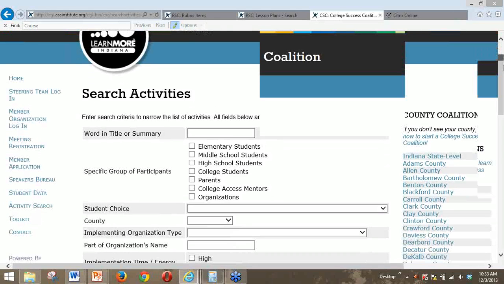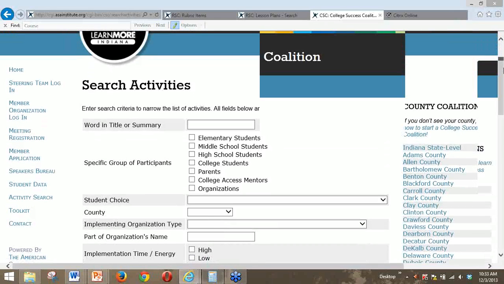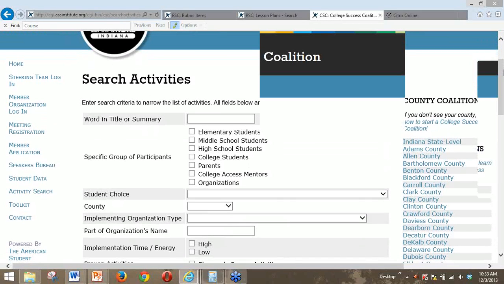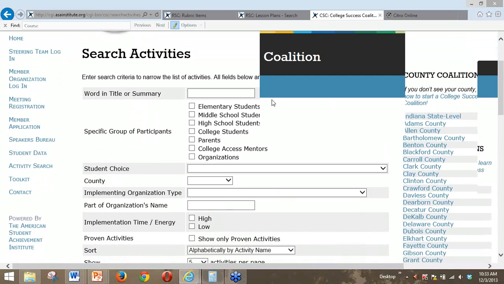It's a good way to give other organizations ideas of how they can help you implement guidance activities for your kids.